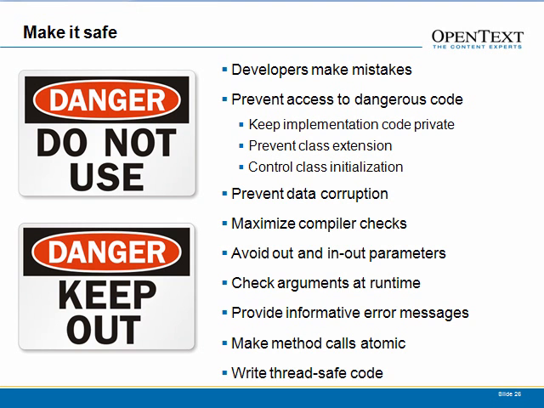There are other things. Let's talk a little bit about maximizing compiler checks. There are simple mistakes developers make, right? Like reversing the parameters in a method. It happens all the time. Now, if the method has 2 or 3 or 4 parameters of the same type, the compiler cannot detect that you reversed the parameters, right? You reverse the order. So maybe it's a good idea not to design methods that have a lot of similar